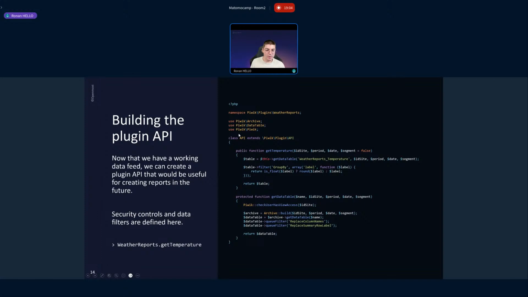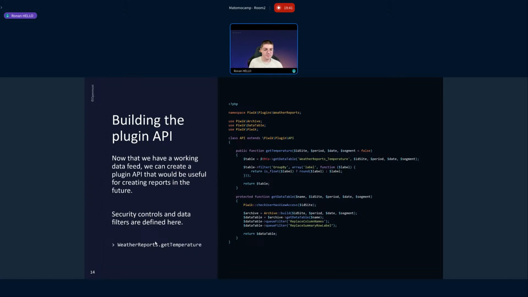Every endpoint of the API will be available under a new endpoint generated with a prefix of the plugin name, dot, function name. So here we are in the weather reports plugin, and we want to access the getTemperature function. That's how the API works. It works internally, and if you have an access token, an auth token, in Matomo, you can access that API from any other service like third-party services, or maybe another internal plugin of Matomo. Okay, we have dimensions, we have tested dimensions, we have an internal API.